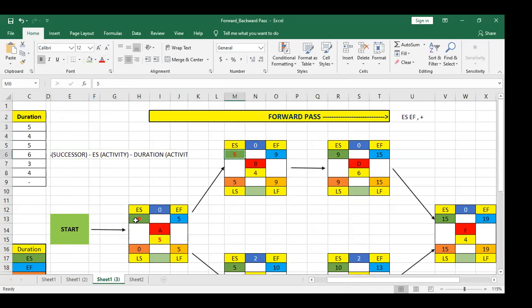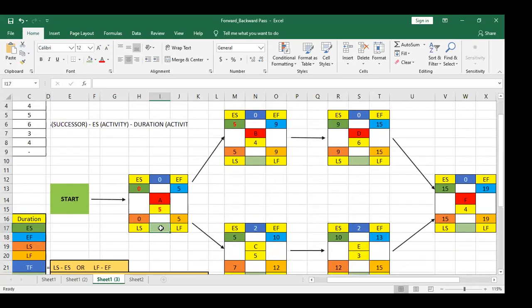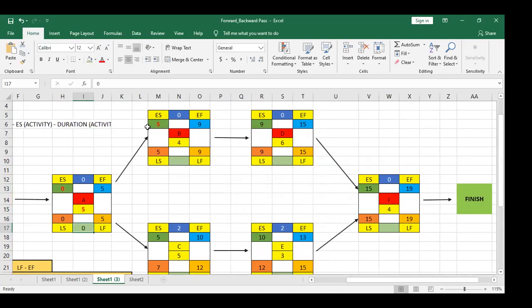So 5 minus 0, 5, 5 minus 5, 0. How? Early start of successor, early start of predecessor, and duration of the predecessor activity. So 5 minus 0 minus 5 is equal to 0. Great. Now this is predecessor and this is its successor. So 9 minus 5, 4, 4 minus 4, 0.